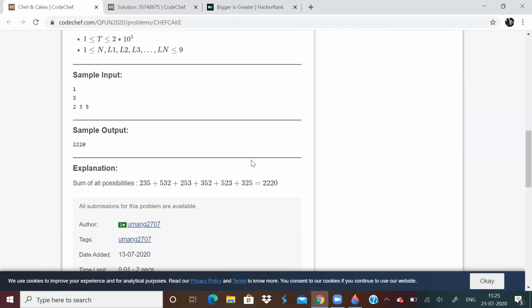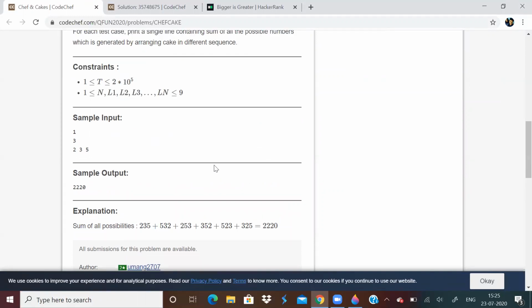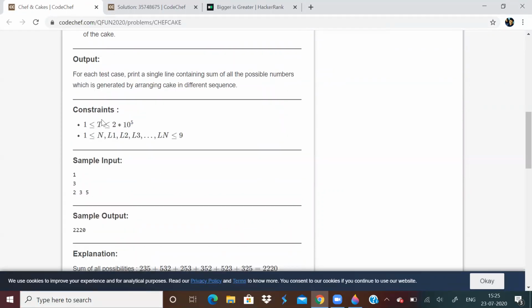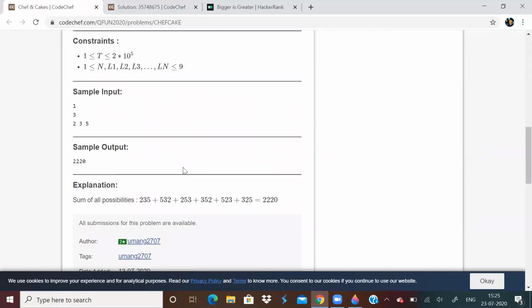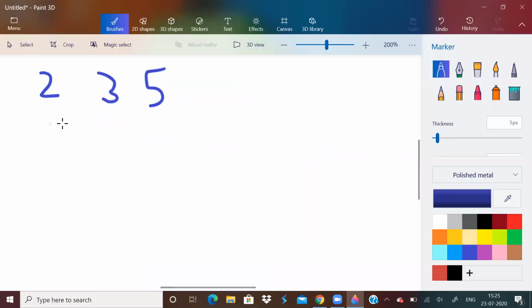You can manually solve the problem, that is brute force, but then time is a factor here. So this problem can be solved with the help of an STL algorithm.